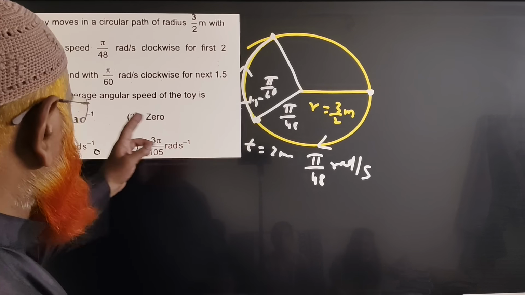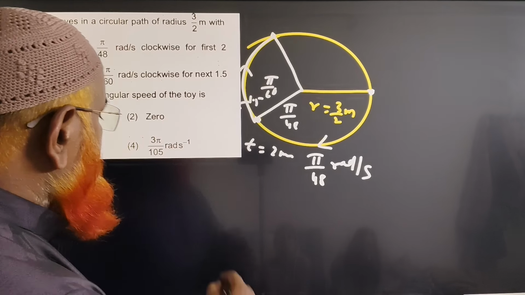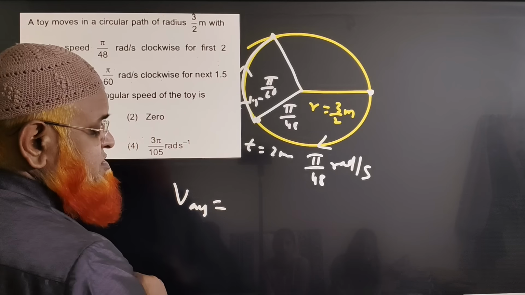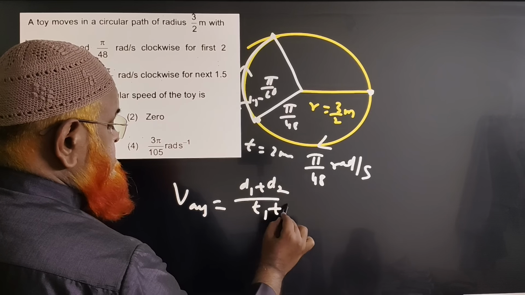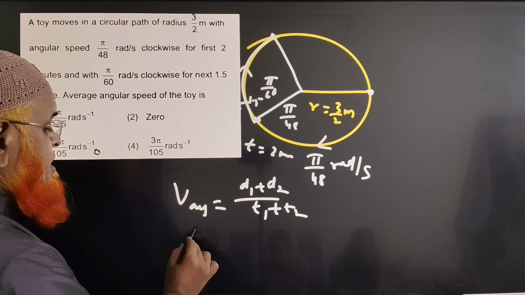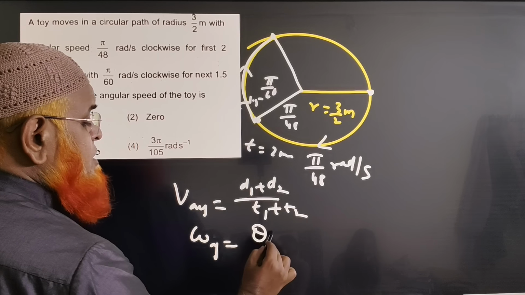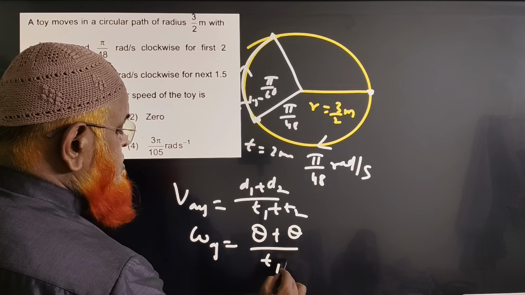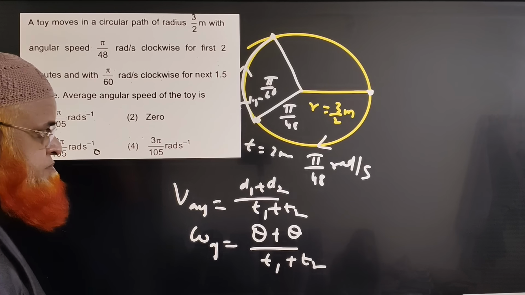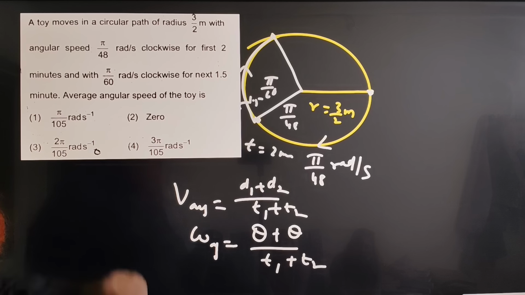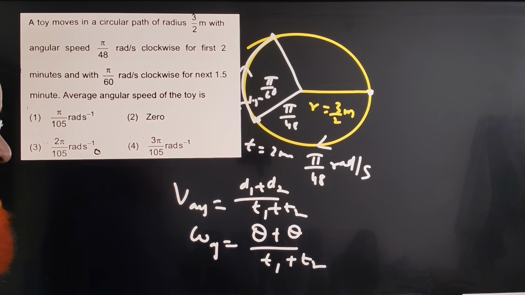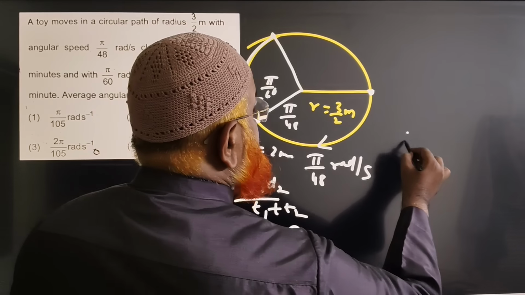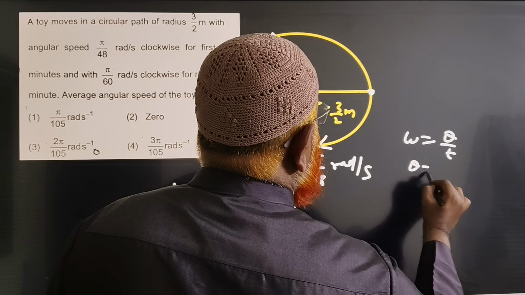It is asking us to find the average angular speed. I told you what an average velocity is; average speed means total distance by total time. But here, average angular velocity means total angular displacement by total time. But angular displacement is not given to us; angular velocity is given, and time is given. So the unknowns are the thetas. What are we going to do now? As omega is equal to theta by t, theta is nothing but omega